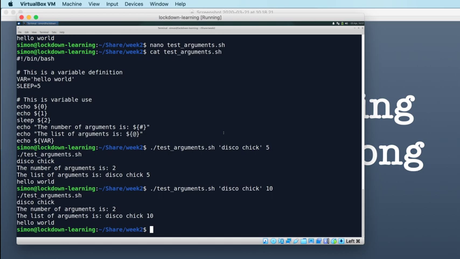But then we're going to put all of that together to write a script that will download some data from somewhere. So we're not yet going to download our sequencing data. That may come towards the end of next week, or maybe early the week after. So we're not yet going to be downloading that data, but we're going to write a script next week that does download some data, and